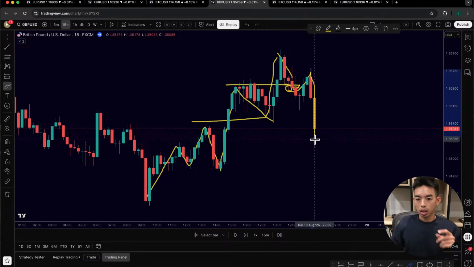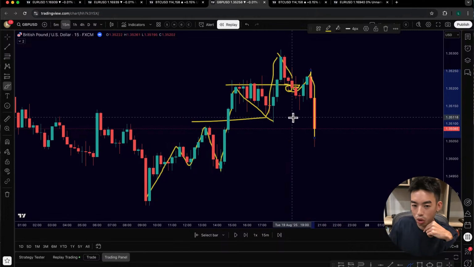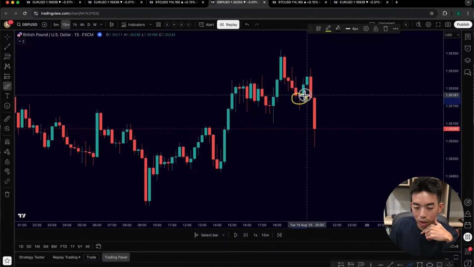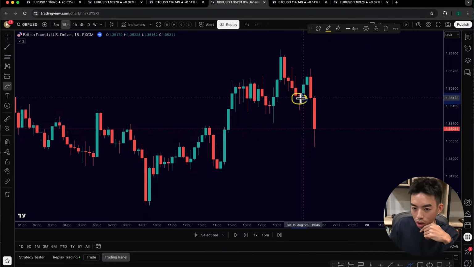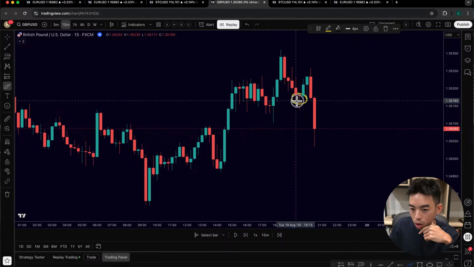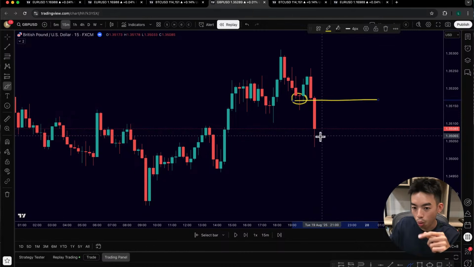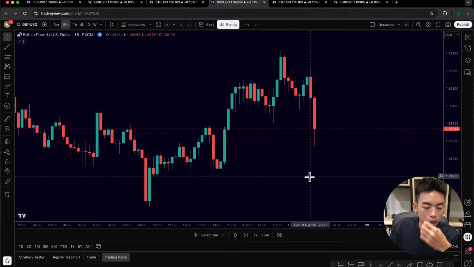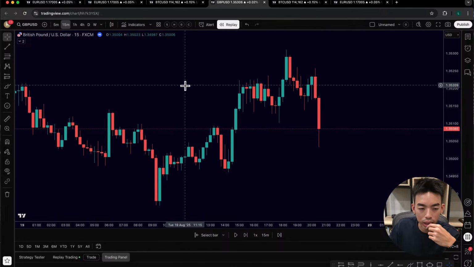In this situation, okay, who is trapped? It's very, very clear that anyone who is buying right around there is trapped on the wrong side of things. Any buy position is trapped, and if price were to pull back into this area, that's where a release is going to happen. Okay, that's exactly where the release is going to happen. Now, this right here is actually a trade that someone I know has taken. So it's a very good example.